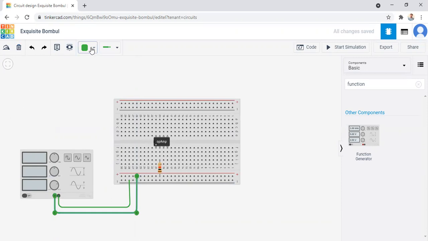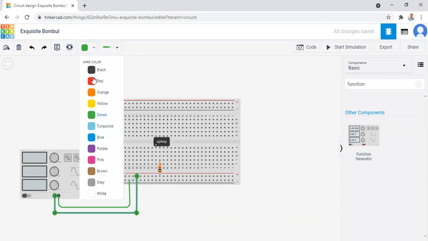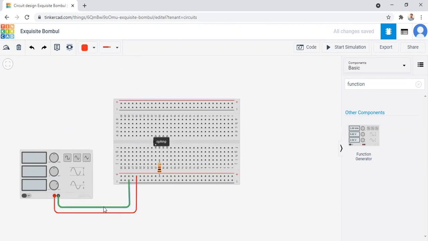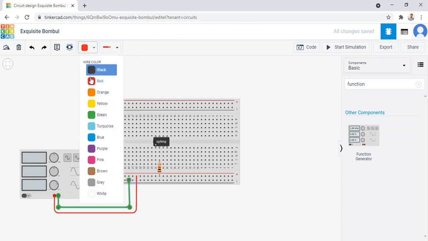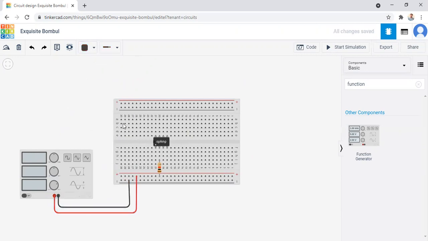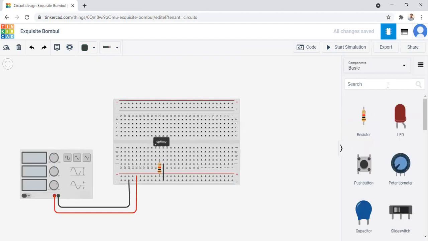Now give color to the wires, red for positive and black for negative, like this. As we use this operational amplifier in inverting mode, we use the second number pin. That's why we connect the second number pin to the supply and the third number pin to the ground. After that, we take the feedback resistor.